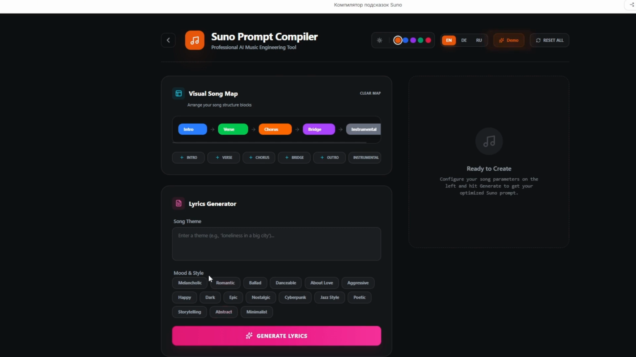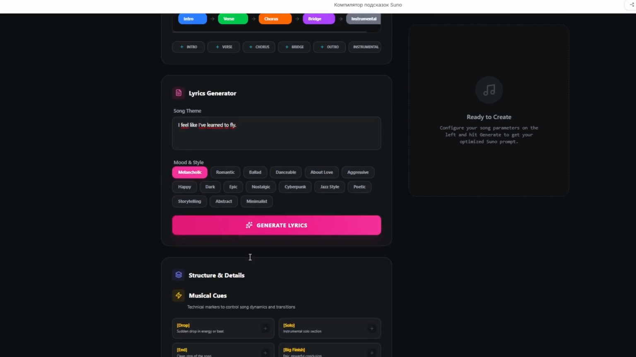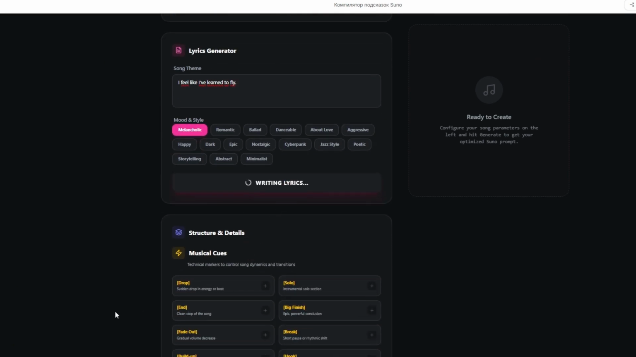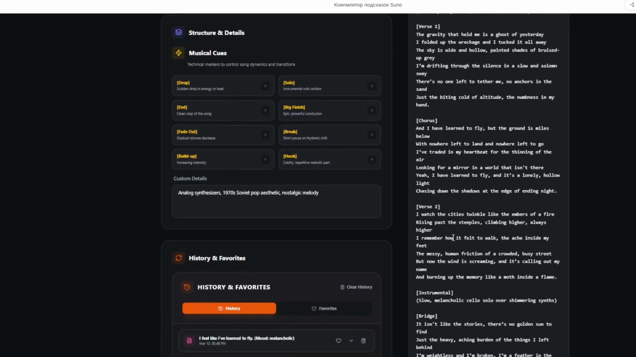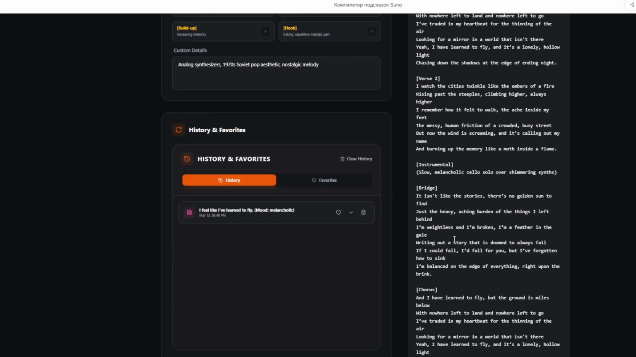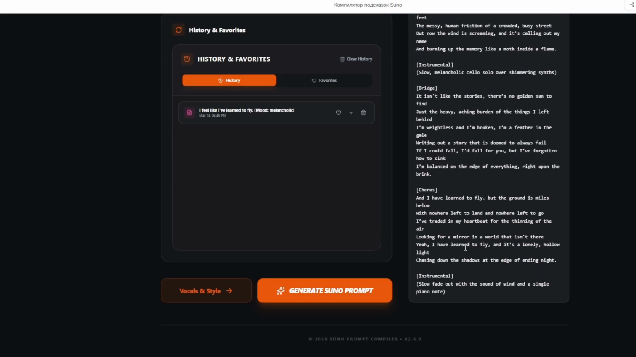After that, you move on to the lyrics, specify the song's theme, set the direction, and if necessary, you can immediately generate a complete set of lyrics within the app. This is especially useful when you have an idea but no finished lyrics, or when you need to quickly get a foundation that you can later refine by hand. As a result, you end up not just with an abstract mood, but with a real textual foundation for your